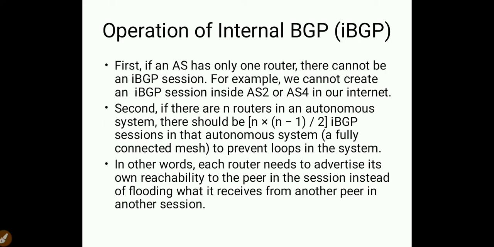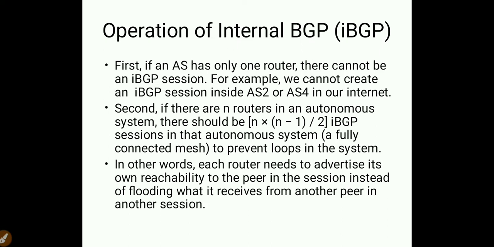So that brings us to the concept of iBGP, the second part. In iBGP, if an autonomous system has only one router, as we discussed in the scenario of R6, that one router acts as the eBGP router. If you have more than one router, one acts as a border router and another acts as a normal router. For a normal router in an autonomous system, you need an iBGP session to facilitate the intra-domain protocol also.